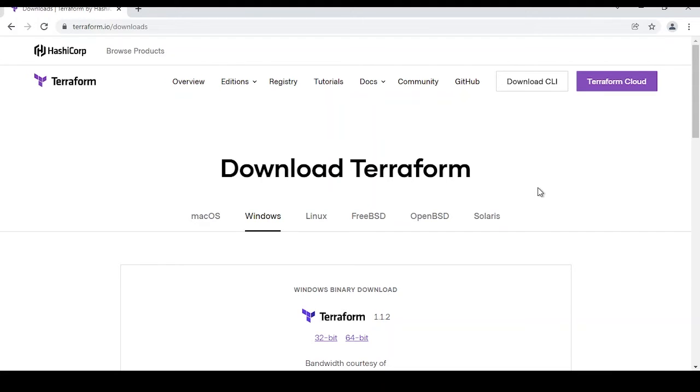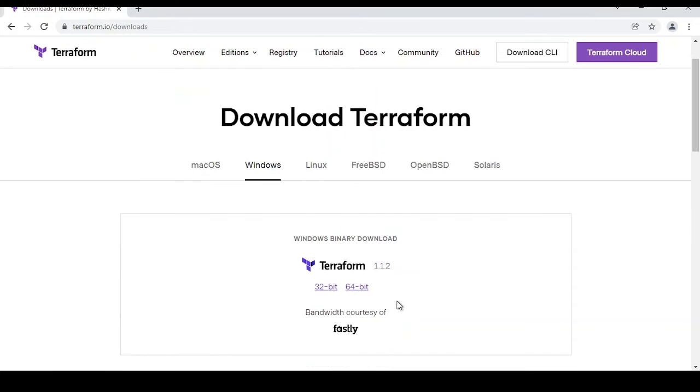And also guys, using Terraform you can not only build your infrastructure, you can manage your infrastructure, you can destroy infrastructure in a safe manner as well as consistent manner. So that's why guys, Terraform is so much popular when you talk about infrastructure as code. So I hope you understood what exactly Terraform is all about.